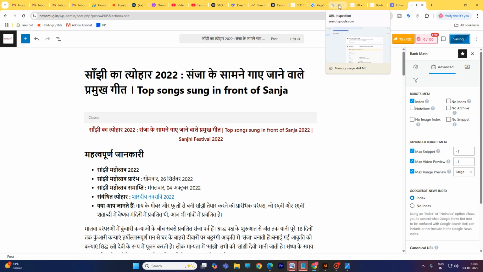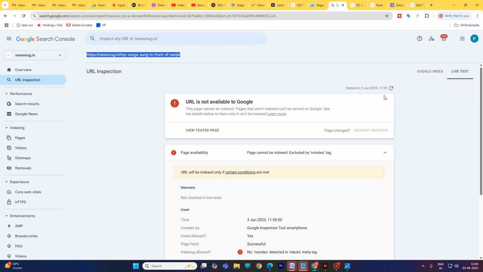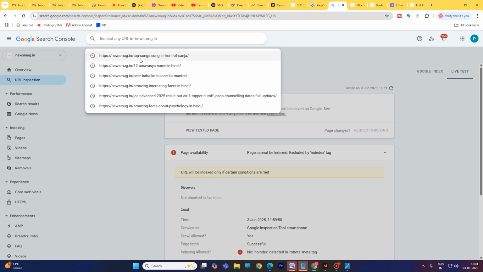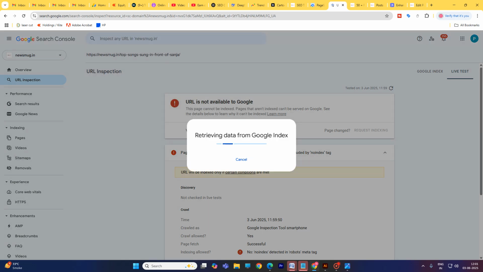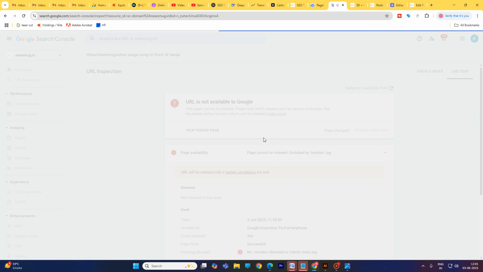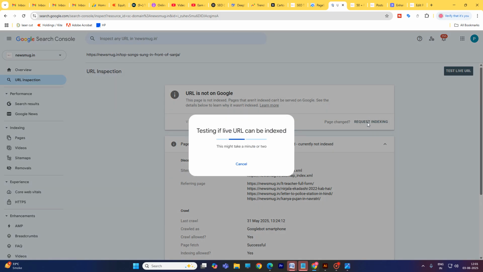Again, go to your Google Search Console and here you can paste your URL to forcefully index. Request indexing. In these 2 to 5 steps you can solve this error, but one by one you have to paste your URL in Google Search Console.